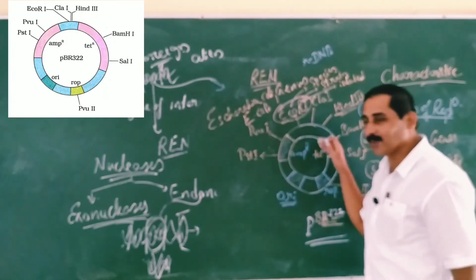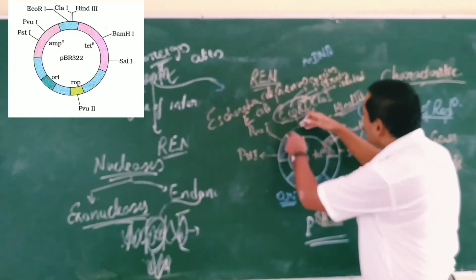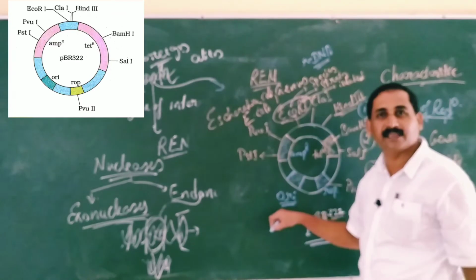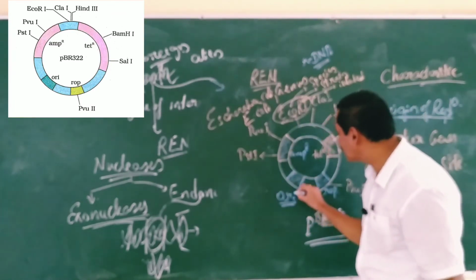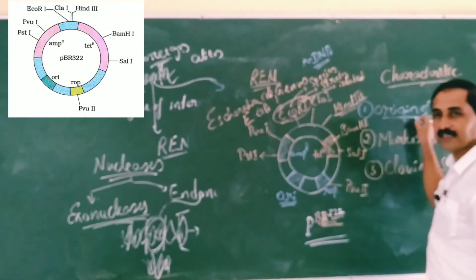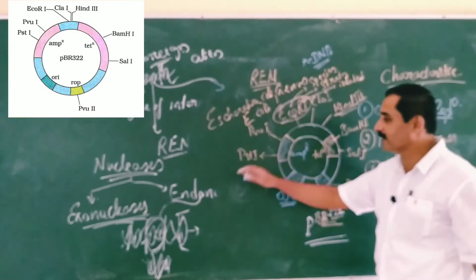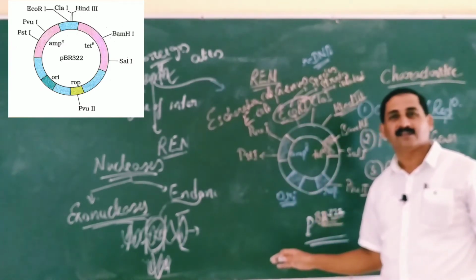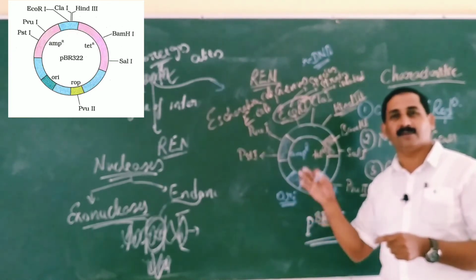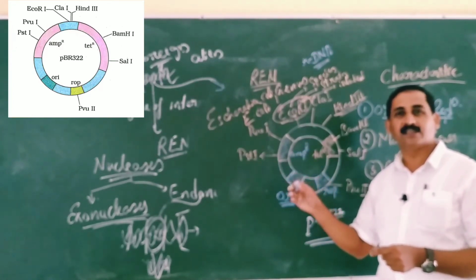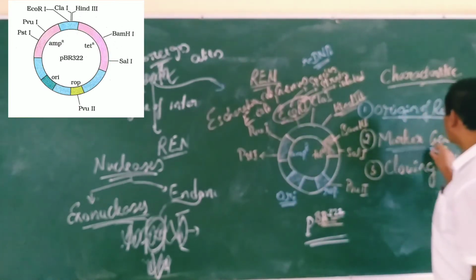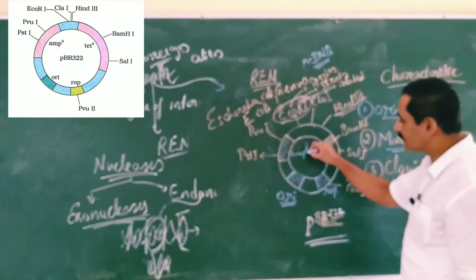Our intention is to produce the replicas or the clones of the foreign gene. To produce the clones of the gene, the rDNA must replicate. It should have a replication site, the origin of replication, otherwise it does not divide at all, does not produce the clones and does not replicate at all. The total work is totally wasted. So the second important thing, it should have a marker gene.